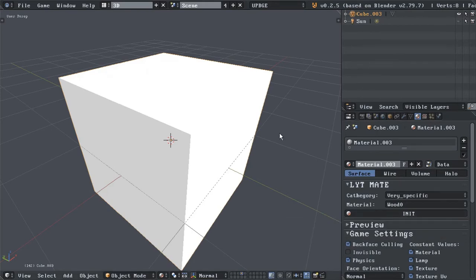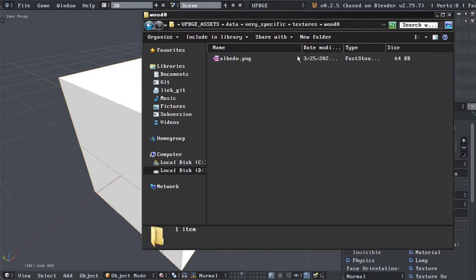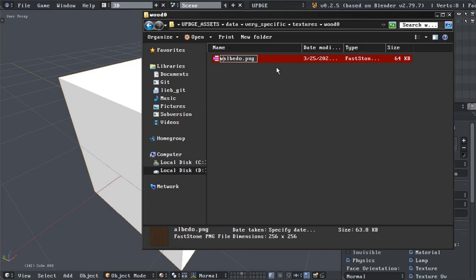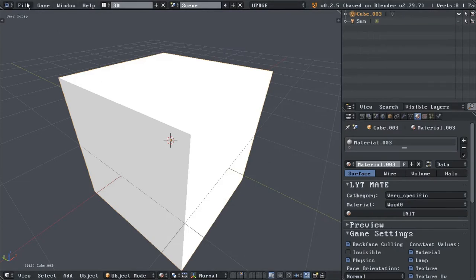So figure 3, in order to generate these additional textures, first off we need to go to our folder here, very specific, textures, wood, and please do this. Set name of the folder underscore albedo. Okay, do that, follow me. Now we go to